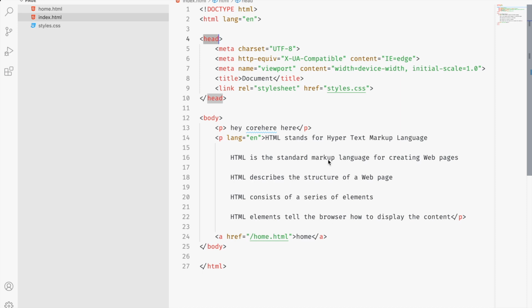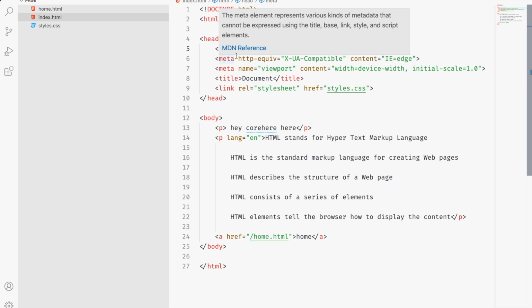Another one is head. Head has a bunch of data. It's not for display purposes. It's like a configuration for our website. Take for example, meta charset UTF-8. Character set is nothing but a set of symbols. We have a bunch of symbols worldwide, right? There is the dollar symbol, and for Indian money we have a separate symbol. Likewise, thousands of symbols are available, right? All these symbols are supported by UTF-8. So we have to mention UTF-8 in the meta tag. Otherwise it shows boxes instead of the actual symbol.